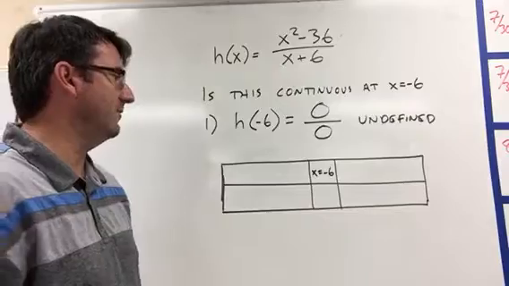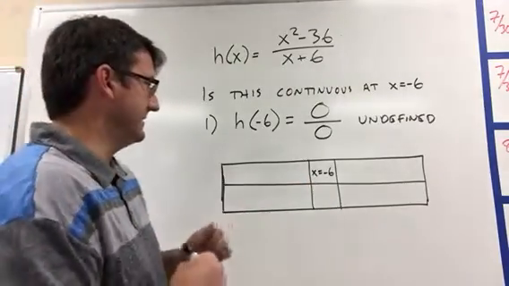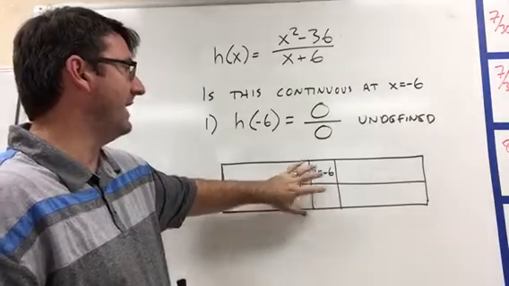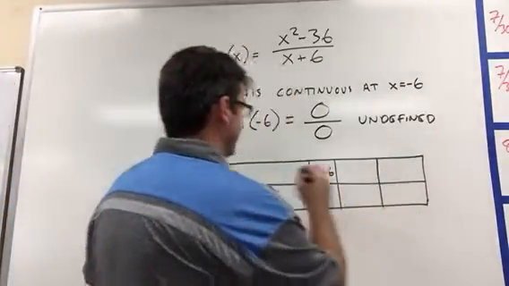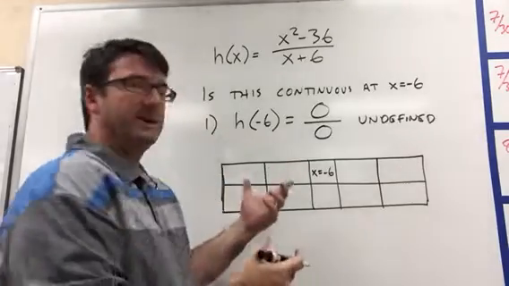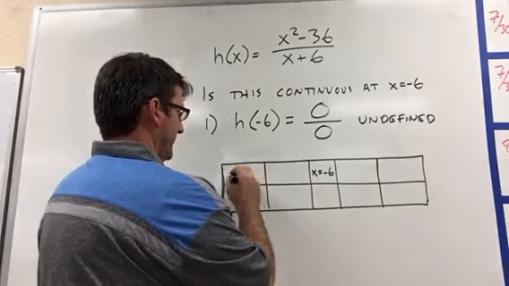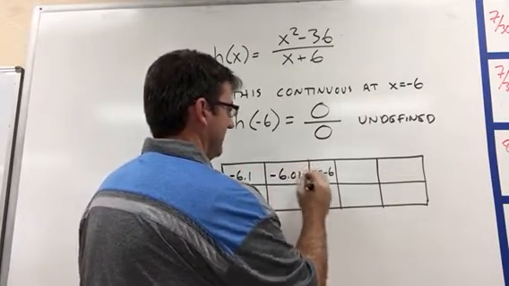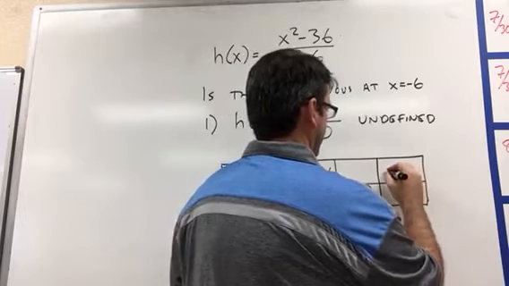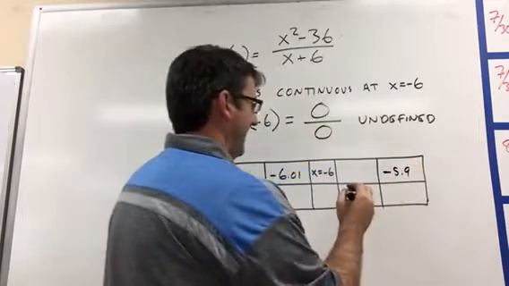And it's undefined. We don't know what this limit is, but we know that right at negative 6 it can't exist. So let's test some values that are a little bit smaller than negative 6 and a little bit bigger. So let's plug in negative 6.1, negative 6.01. Over here we'll have negative 5.9 and